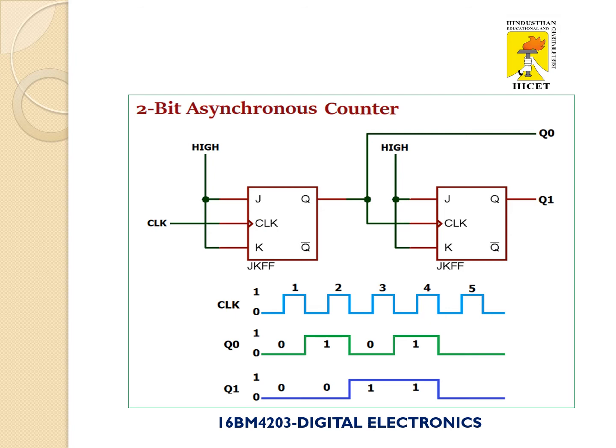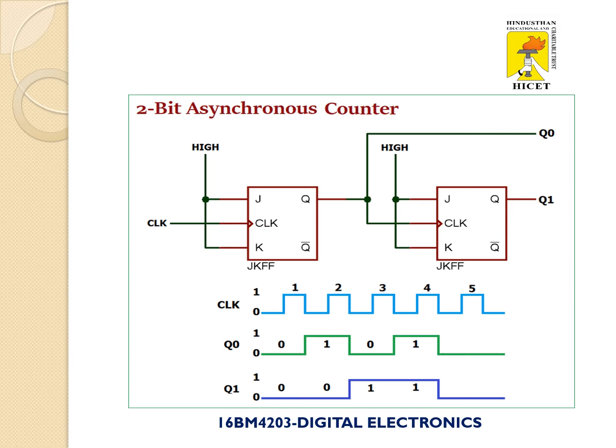That clearly indicates the Q0 timing diagram. Now listen, Q0 timing diagram. During the first negative going pulse, the output changes from 0 to 1. This is the flip-flop 1 output. The first flip-flop output is connected as the clock pulse to the second flip-flop. So during the negative going pulse of the first flip-flop output, the second flip-flop changes its state.